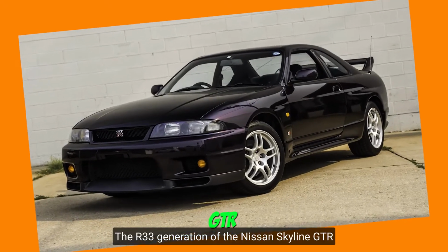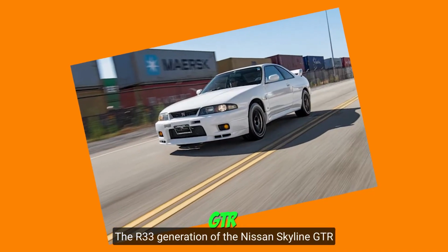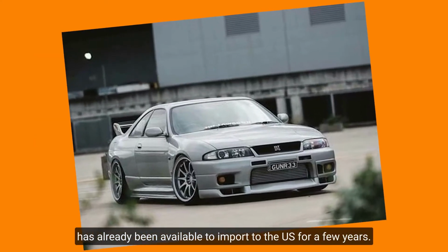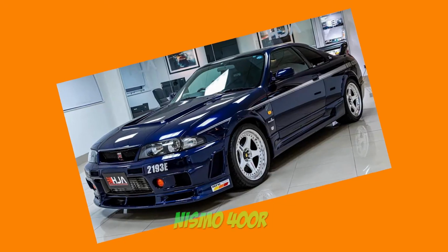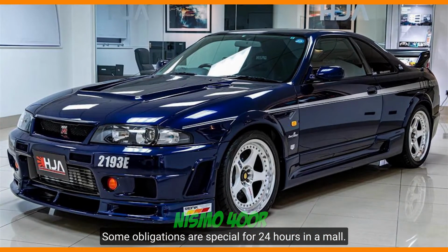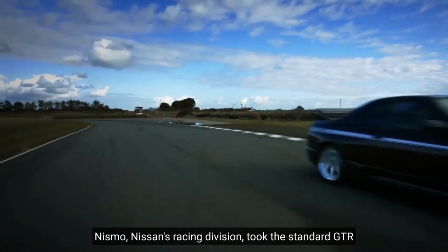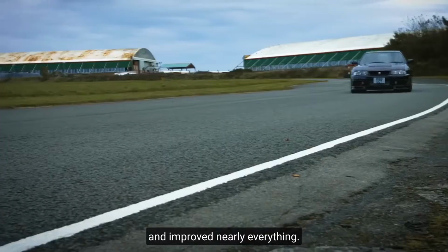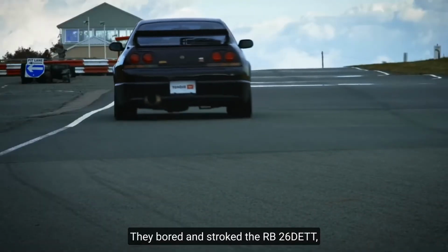GTR. The R33 generation of Nissan Skyline GTR has already been available to import to the US for a few years. Nismo 400R. Some are special, like the 24 Hours of Le Mans special. Nismo, Nissan's racing division, took the standard GTR and improved nearly everything. They bored and stroked it up to the RB